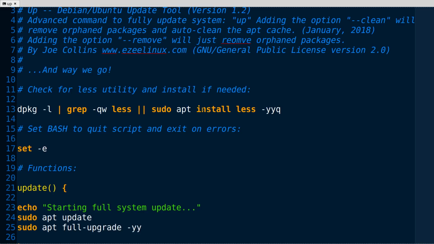This particular script was written really as a way to demonstrate how functions work in programming. That was the idea. I did not think that it would actually become a tool that people wanted to use, because when you look at the functions, they are so incredibly simple. It's beyond belief. So once again, we open up with dpkg, looking to make sure that less is installed, which is the viewer for the help information.